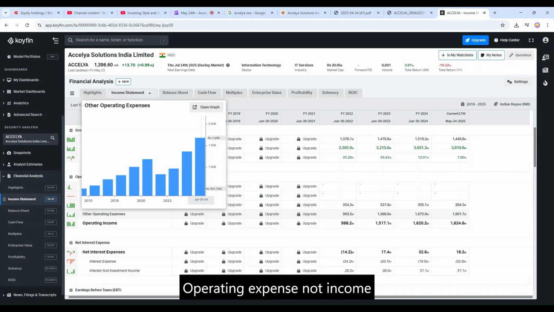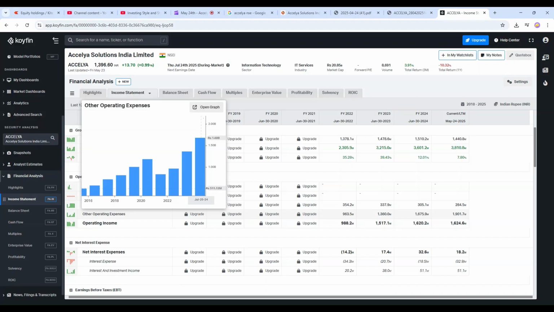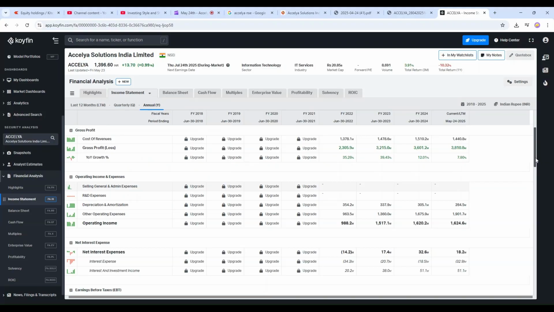While the total income has not even become double of what it was 10 years ago, the operating income has become roughly 3 times, just over 3 times, not exactly 4 times, but just over 3 times what it was. So we need to check the other operating expenses, and if the company is able to control that, then the profit margin will go up in coming years.